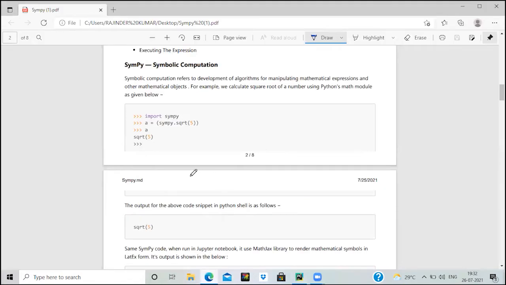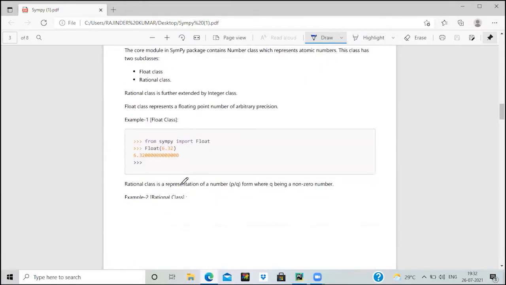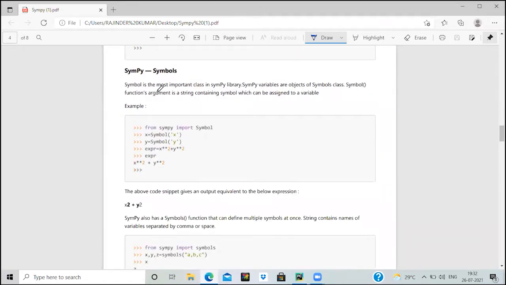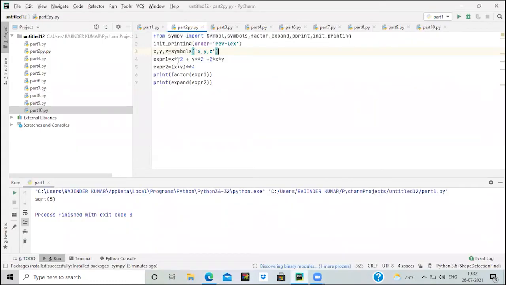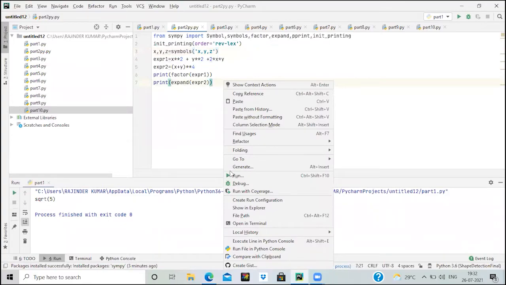Let's have a look at the theory of the symbols function. The symbols function is the most important class in the SymPy library, and it has objects of the Symbol class. Like in this example, we have defined three variables x, y, and z, and we have passed them in the form of string arguments. We have declared an expression and a second expression, and then we are printing the factor of expression 1 and expand of expr2. So if we just click and run,